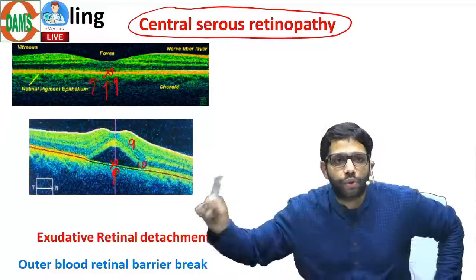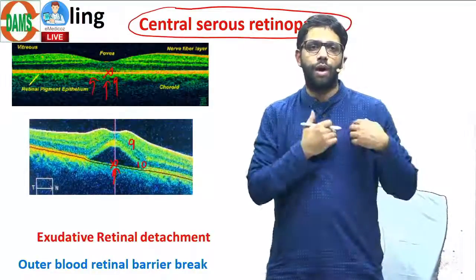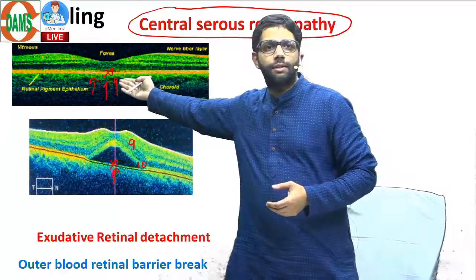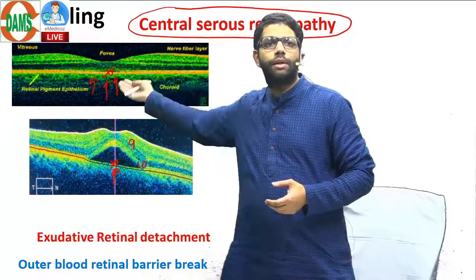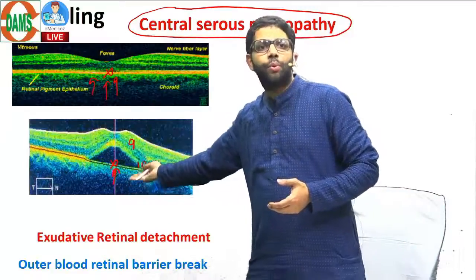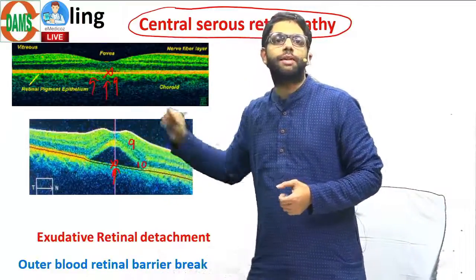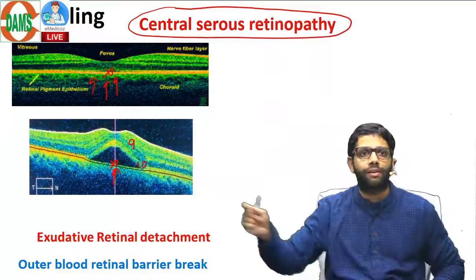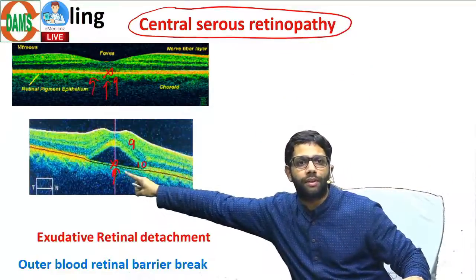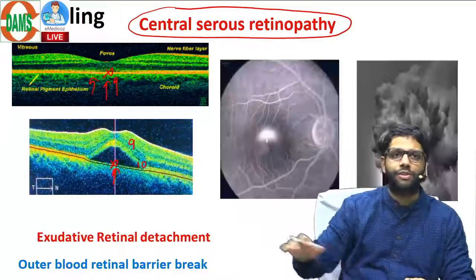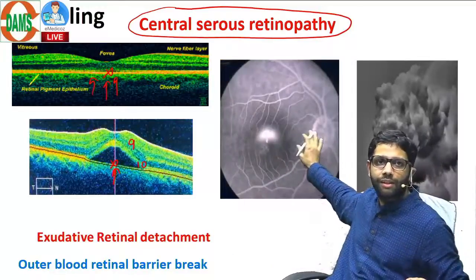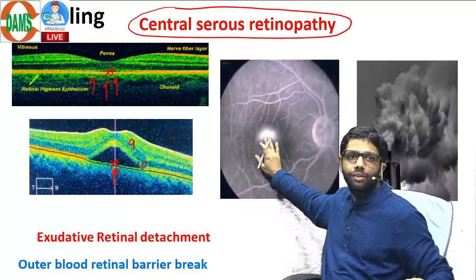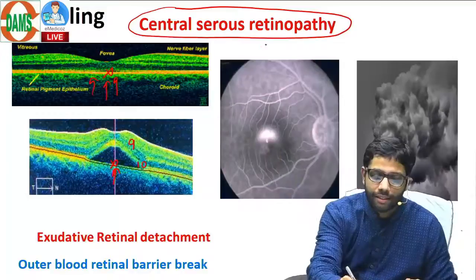Now, if you do an angiography in this, you put a dye, it goes to the heart, goes to the retina and choroidal circulation. In the choroid, there is a break over here. Fluid is coming, so dye will also come and pool in this subretinal space. So where will you see the white dye now extra? In the center or the peripheral retina? Central retina. So if you can see over this, right, angiography, in the central retina, the dye is pooling. So this is an example of pooling, central serous retinopathy.